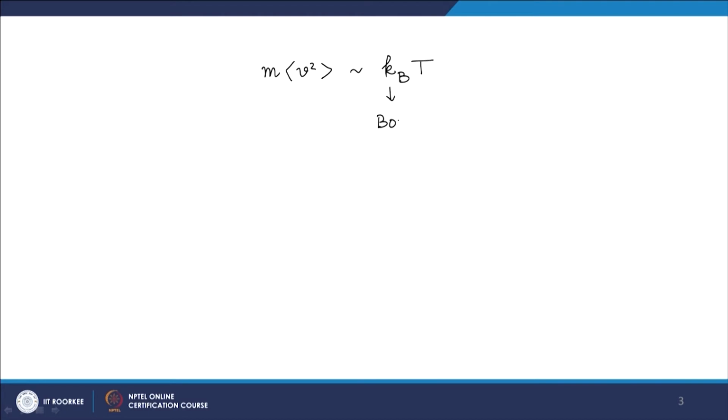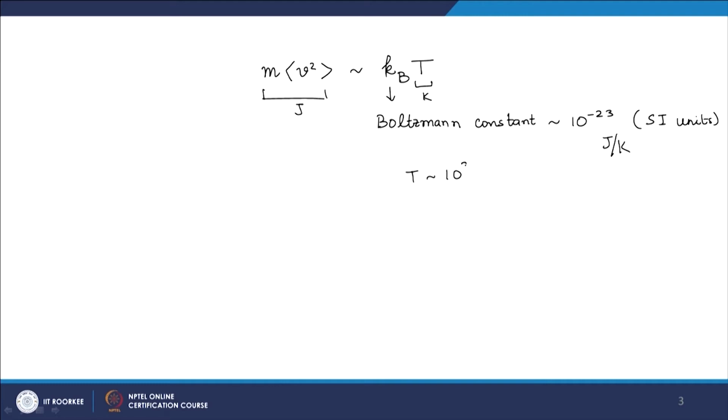And the Boltzmann constant is of the order of 10 to the power minus 23 in SI units. Actually, it is joule per Kelvin, because this has a unit of energy and this is in Kelvin. So, kB has to be in joule per Kelvin in SI units, and temperature